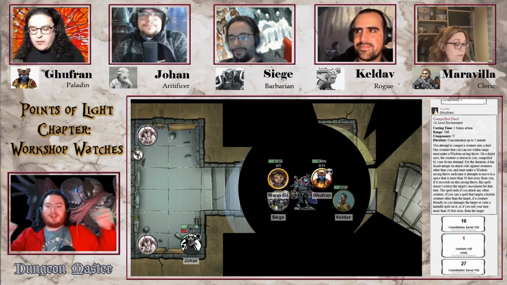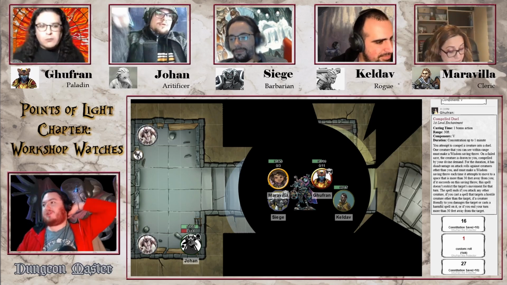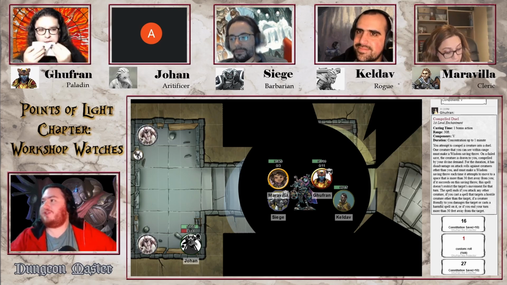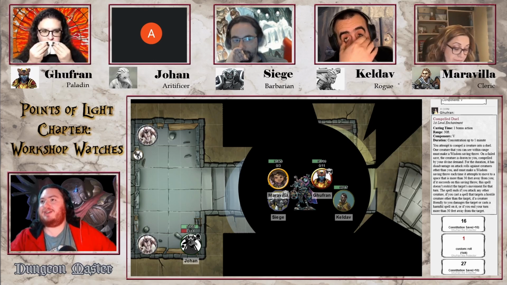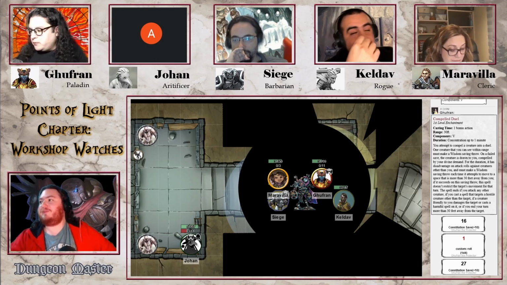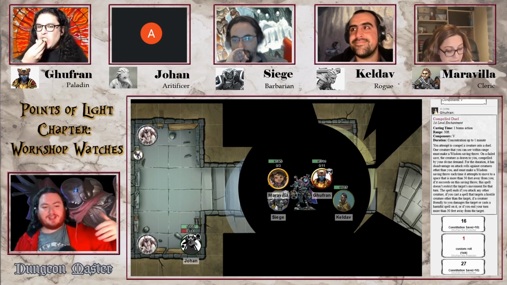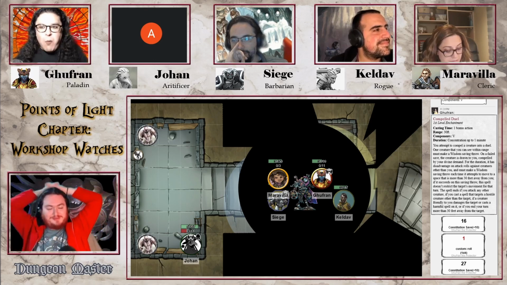So this wave of thunderous energy goes past. Quite formidable, but none of you are worse for wear. You're still quite capable of engaging Sam in combat. All the way back to the top, Keldav, your turn. As you saw Sam coming down, almost getting to you, and then the rest of your group getting in to sort of block and